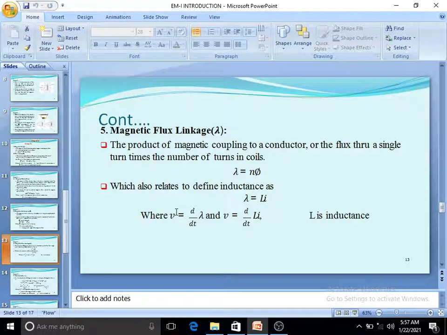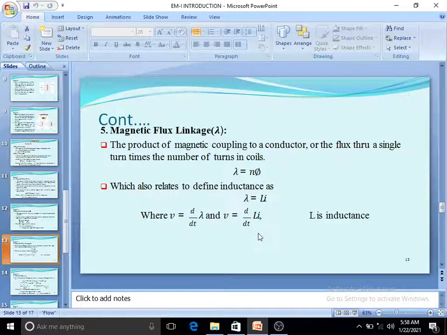So if you want to write the formula for voltage, the rate of change of flux linkage is nothing but your voltage. What is the voltage? Rate of change of flux linkages, right? So d by dt of lambda. So what is the lambda value? Li. Just substitute here. So V equals d by dt of Li. But we know that only current may change with respect to time. Inductance is constant. So V equals L di by dt. That is only the property of your inductor now.